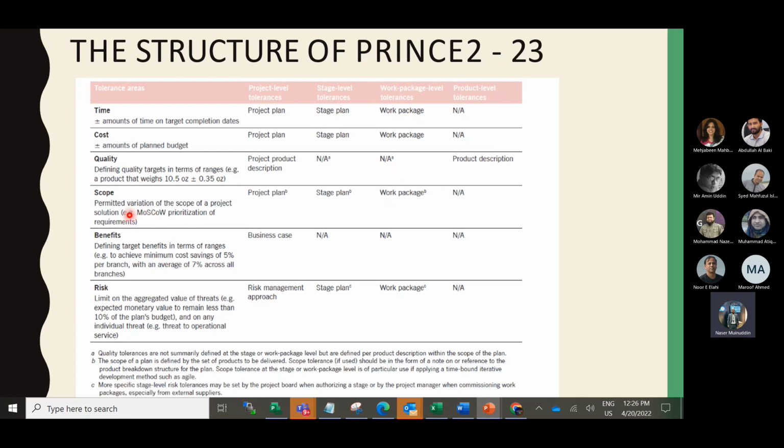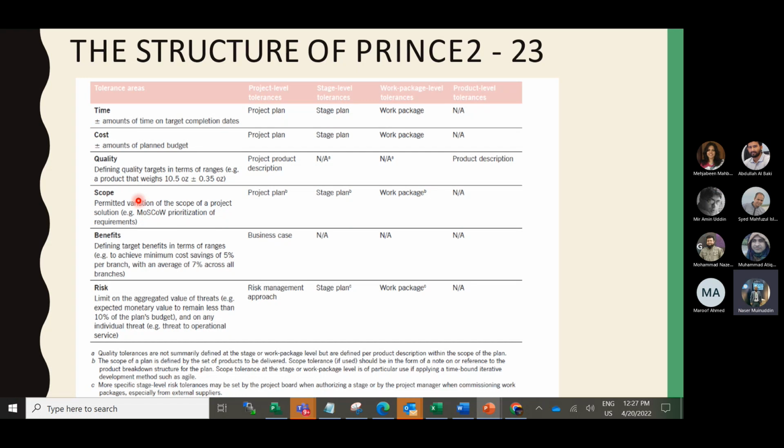Scope. So the scope is very important. For example, you see that scope is delivered for the project, and then you need to apply some MoSCoW prioritization of requirements, like when multiple scope items are there. The MoSCoW abbreviation is must have, should have, could have, won't have. That means for must have you need to deliver, and should have you need to deliver. So these are the part of the scope.